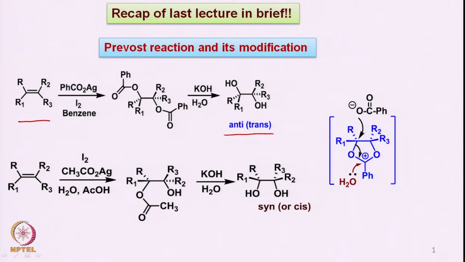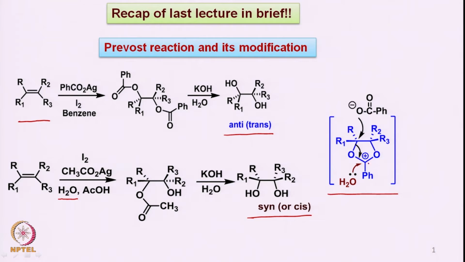So, if one wants to get cis or syn diol like this, the Woodward modification in which water is added leads to syn or cis diol, and the main important intermediate was this intermediate here, which is a cyclic intermediate